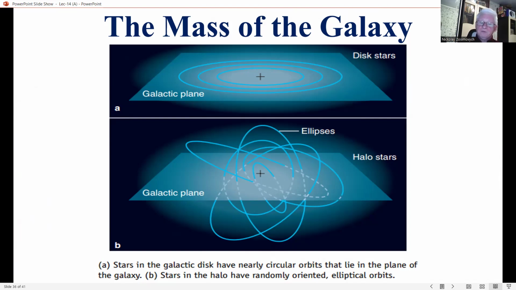In the halo, each star and globular cluster follows its own randomly tipped elliptical orbit. These orbits carry the stars and clusters far out into the spherical halo, where they move slowly, but when they fall back into the inner part of the galaxy, their velocity increases. And motions in the halo are like the random motion of a swarm of bees.